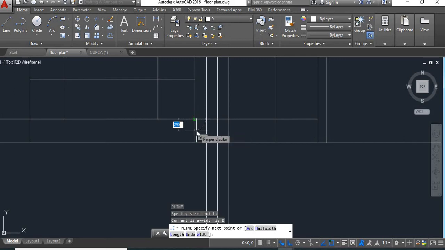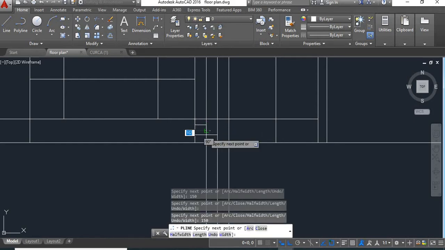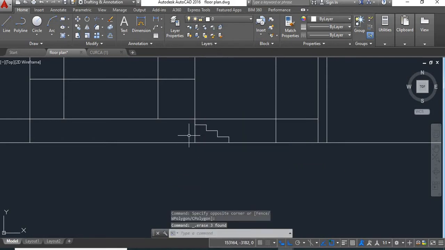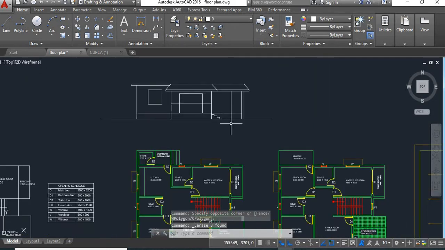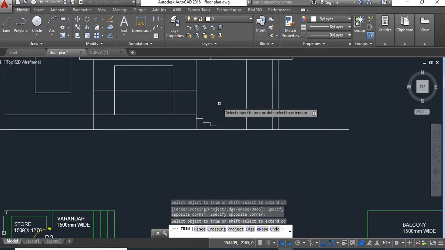Riser will take 150. Then come to this line, again give a riser of 150. Come to this line, again riser, then again to this point and close it here. Now delete these lines. You will get your steps. Now we'll trim this line because this is a staircase block.